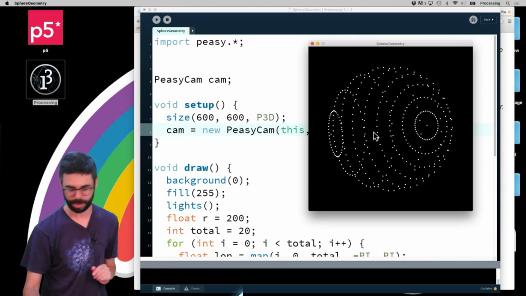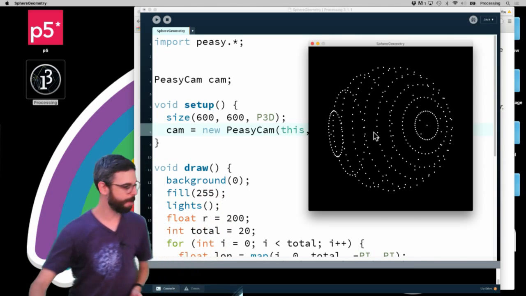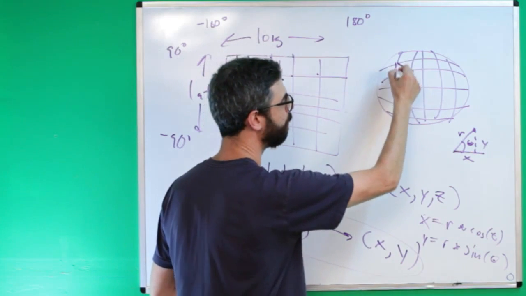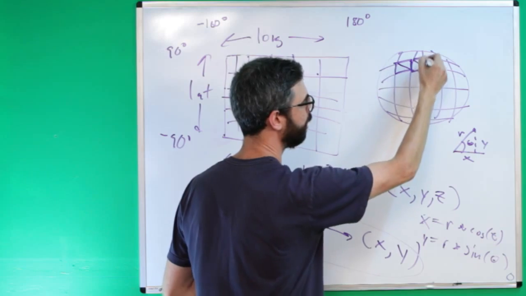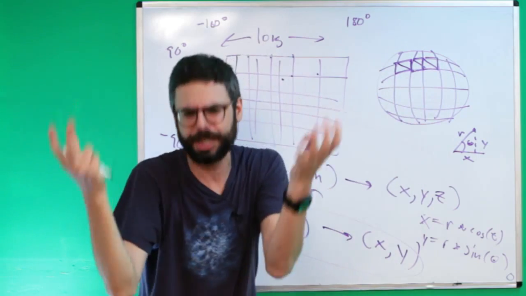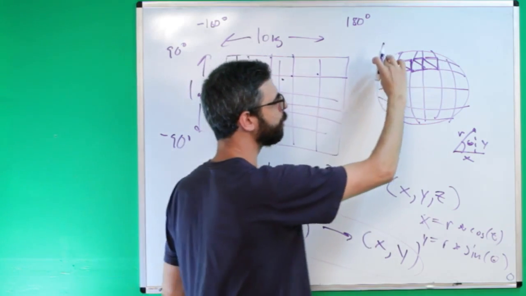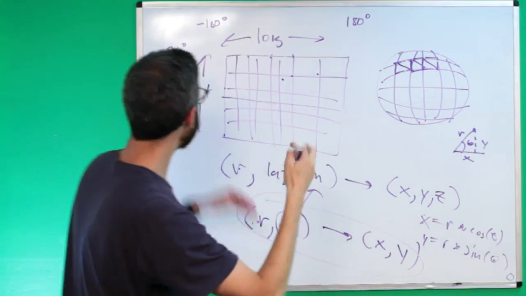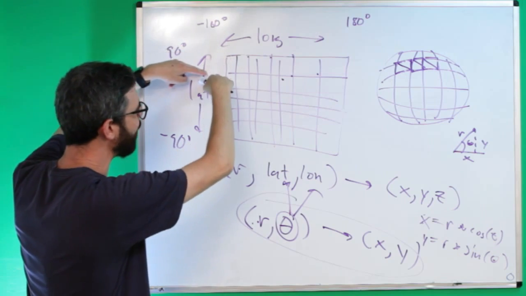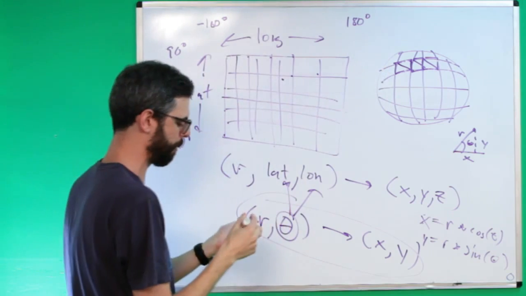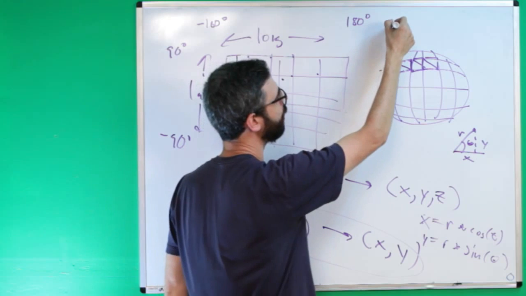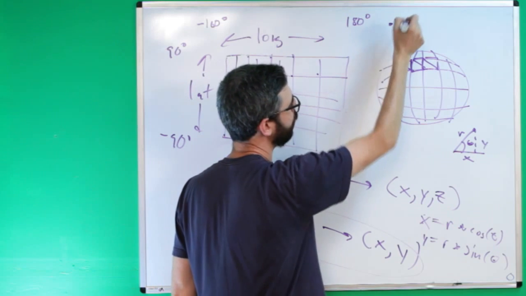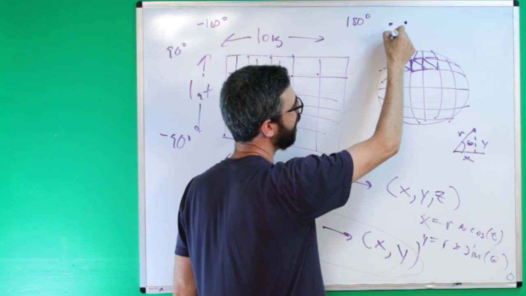Now, here's the thing. The sphere now is just dots. And what I want to actually do is to have each one of these dots become 2 triangular polygons. There's a variety of ways I could mesh this sphere, but this is an easy way. And so what I want to do is create these triangle strips, and I'm going to create them as horizontal strips. So each time I go to a different latitude, I want to start a new triangle strip. And I need to say each triangle is 1 longitude value, followed by another longitude value, followed by a value that follows,